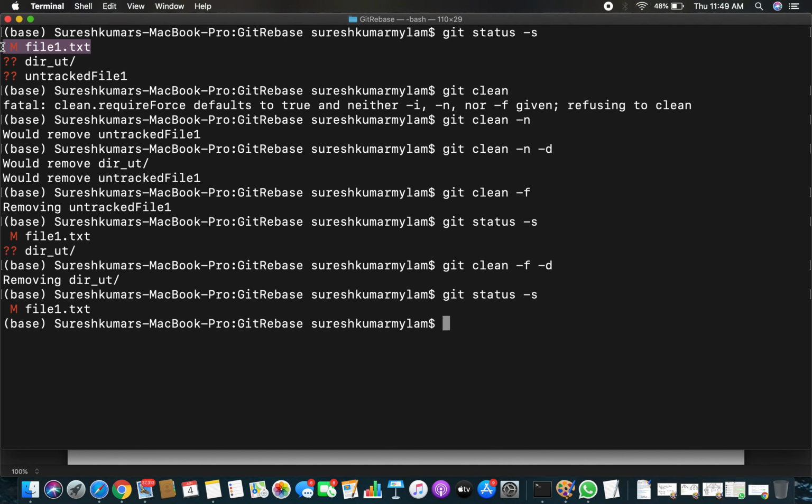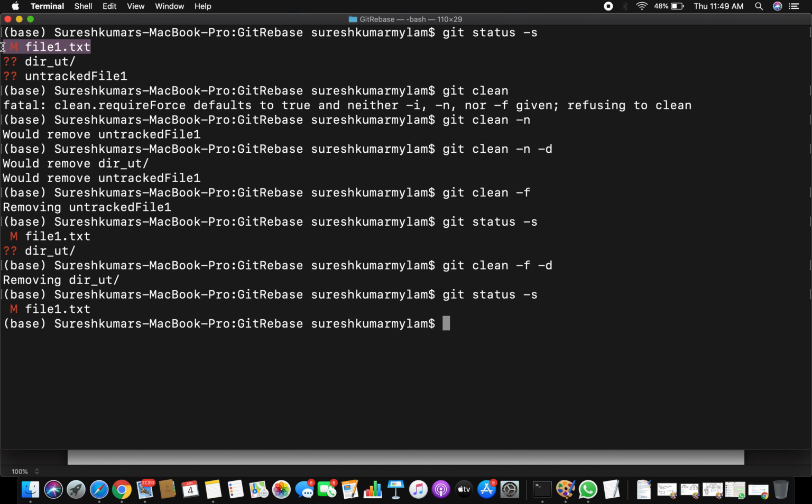But when you are doing a git clean, make sure you add all your files to the stage, or you commit before you clean, because once you clean this, you will not be able to get them back, since those files are not tracked. They are untracked files. They will be completely gone from your working directory. And be very careful when you are cleaning up your untracked files, since you might have made some useful changes in the files. Okay, and there is one more command.